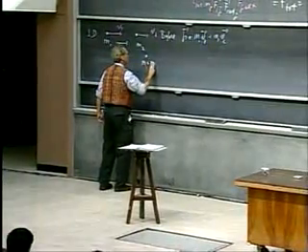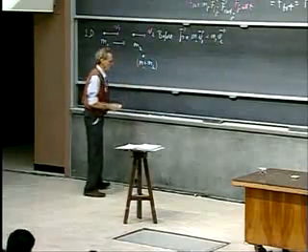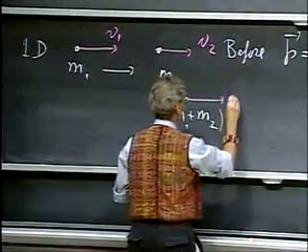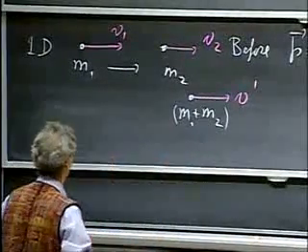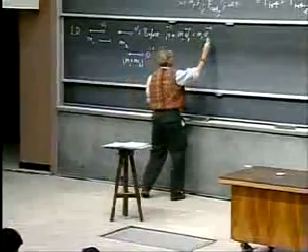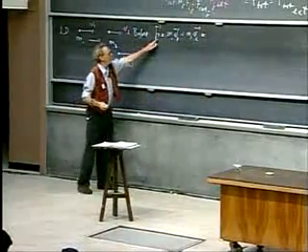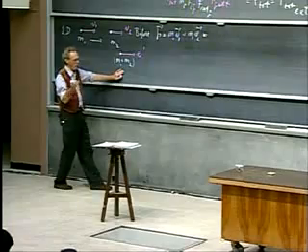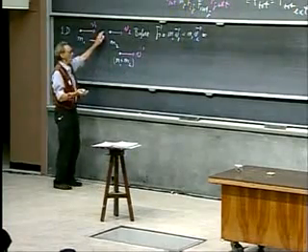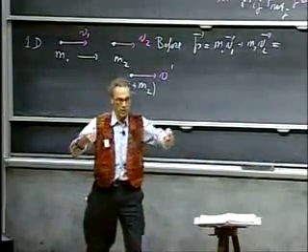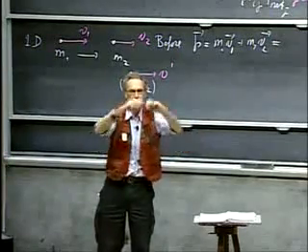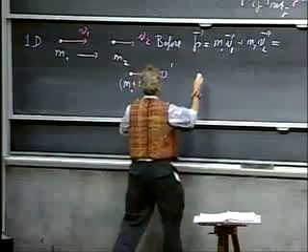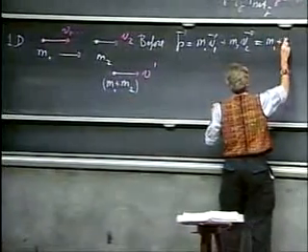Now they stick together. And so when they stick together, their total mass is m1 plus m2. And then their velocity happens to be v prime. We often give a prime to the situation after the collision occurs. And so now I can apply for the first time the conservation of momentum. The momentum before must be the same as the momentum afterwards, because there are no external forces on the system. When they collide, you better believe that there are internal forces. You better believe that there is glue. And it goes plunk, and they feel those forces, both of them. The momentum of each one individually is changing, but not the momentum of the system as a whole. And so this equals m1 plus m2